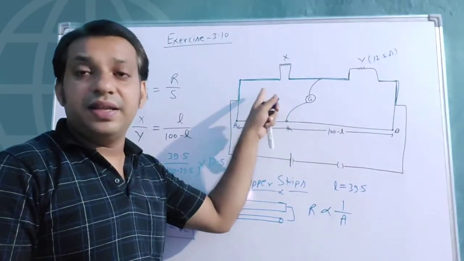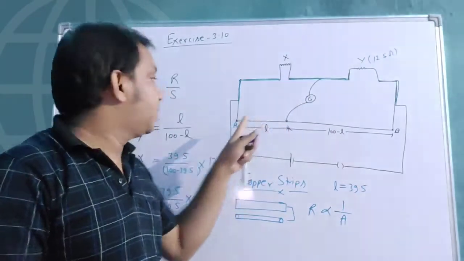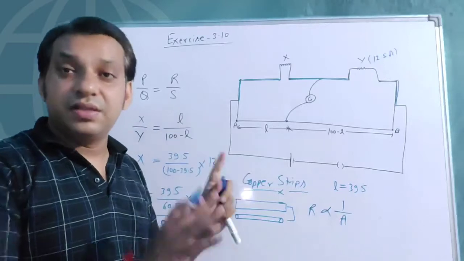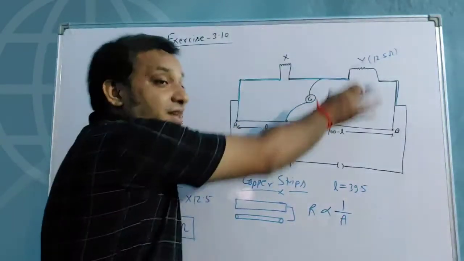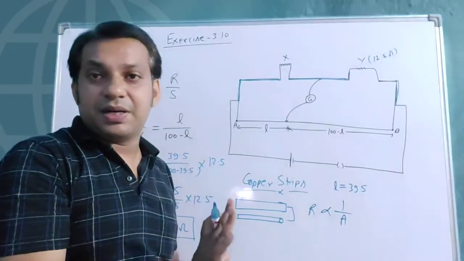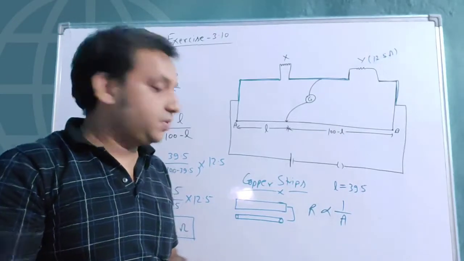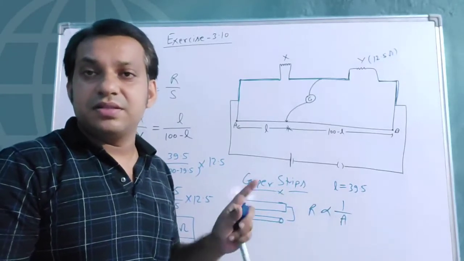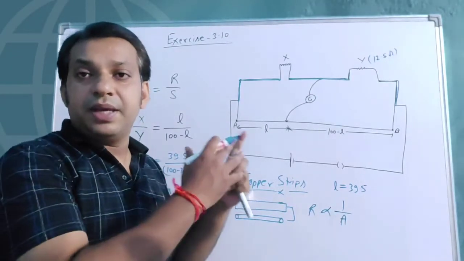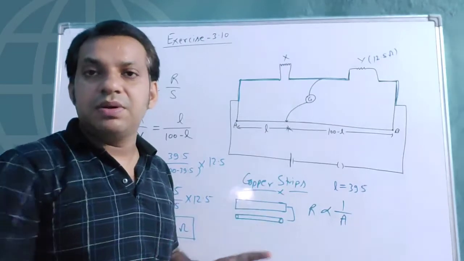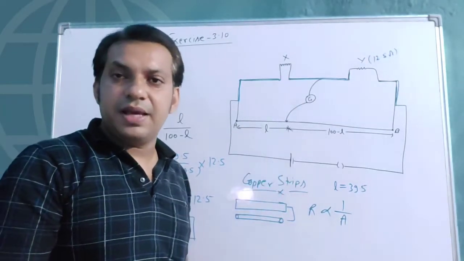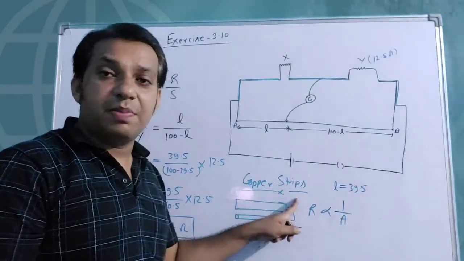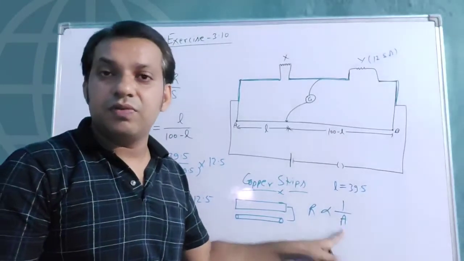We get the very least resistance for the connection, because in the balancing condition of the Wheatstone bridge, we are not considering the resistance of this connection. We assume it is ideal, but practically any conductor has some resistance. So our aim is to minimize the resistance, to make it as close to ideal as possible. We are using the copper strips because the area of cross section is more for the strip.